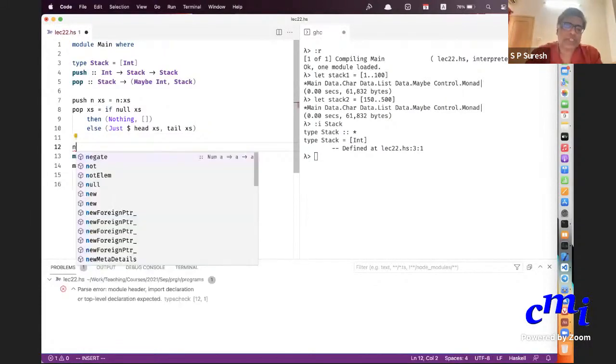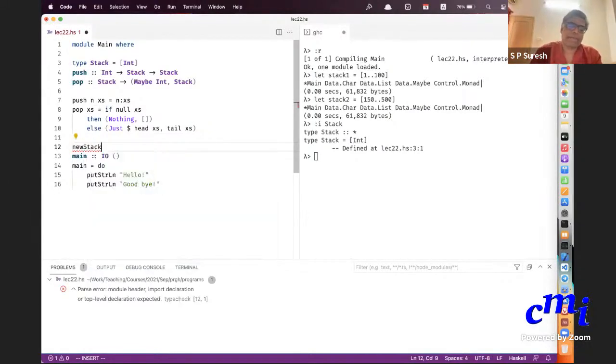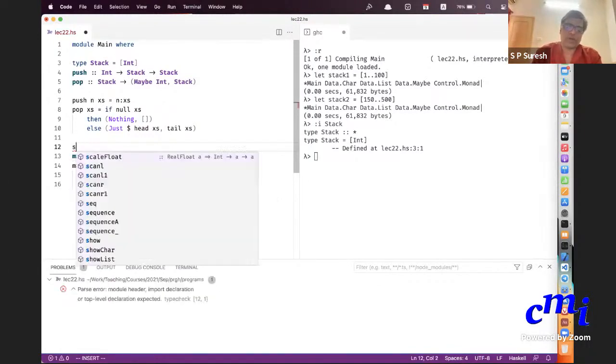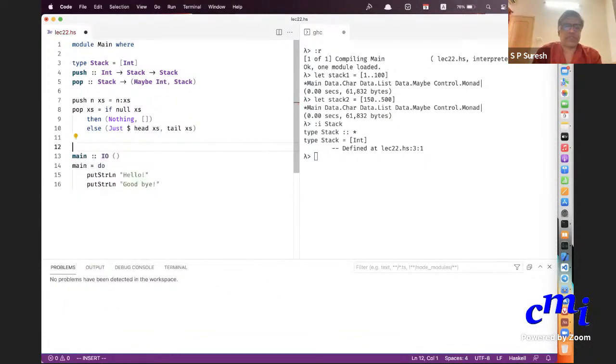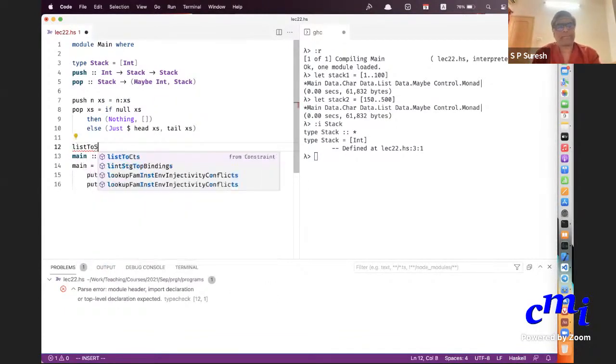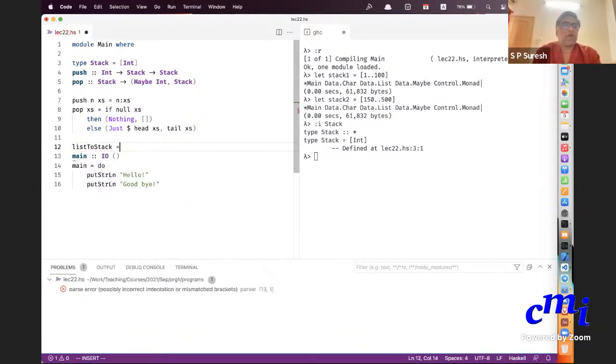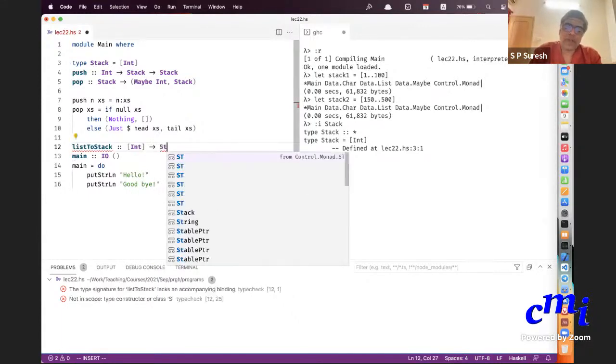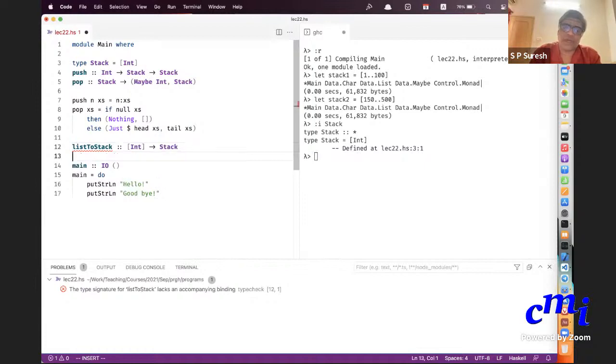But the point is that you can use them interchangeably. For instance, a new stack from a list, let me call it listToStack. How do you create a stack from a list? You don't need to do anything, right? It's just id. But I can give it type [Int] arrow Stack. I'll take a list of integers and make a stack out of it.